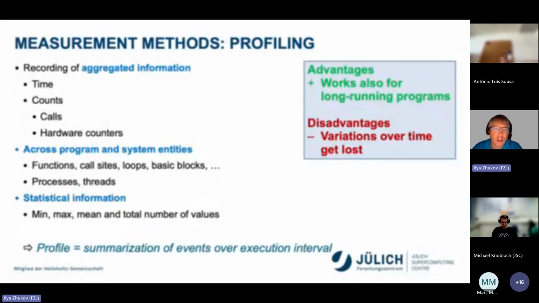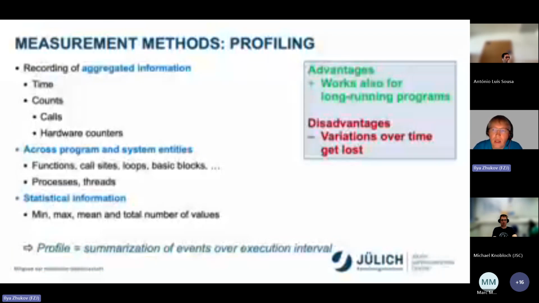And this aggregation is done across program and system entities. So basically aggregation across all functions, call sites, loops, basic blocks, and so on. And of course, it also does aggregation across all the system entities, for example all MPI ranks and OpenMP threads. A profile also provides statistical information about the run: min, max, mean, and total number of values.